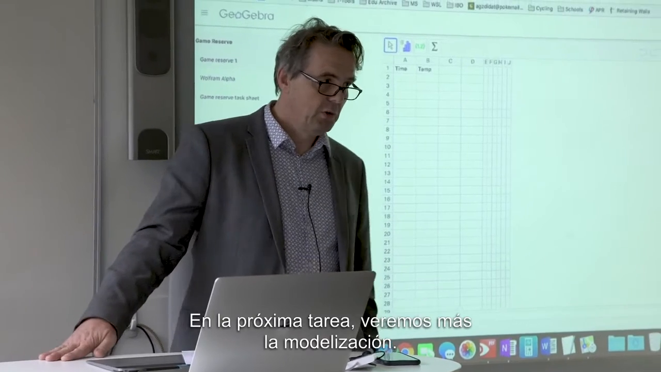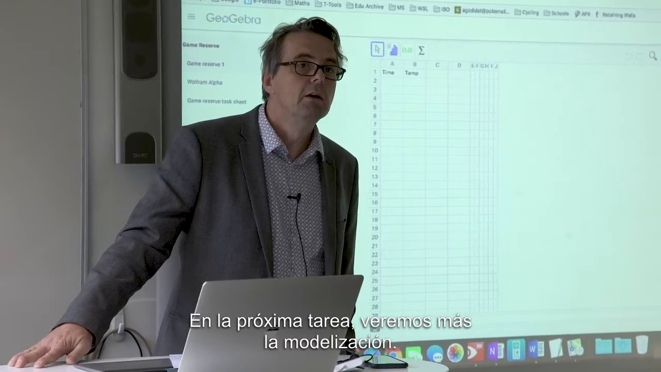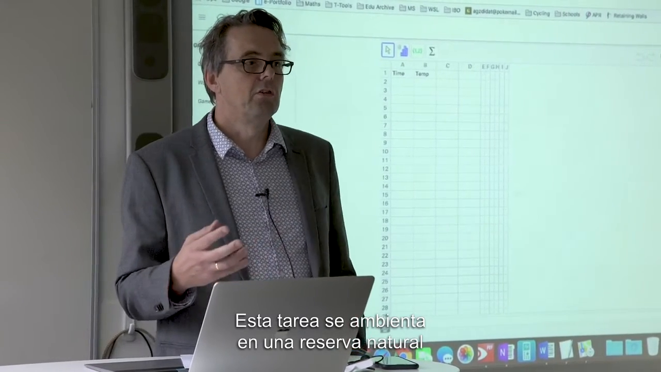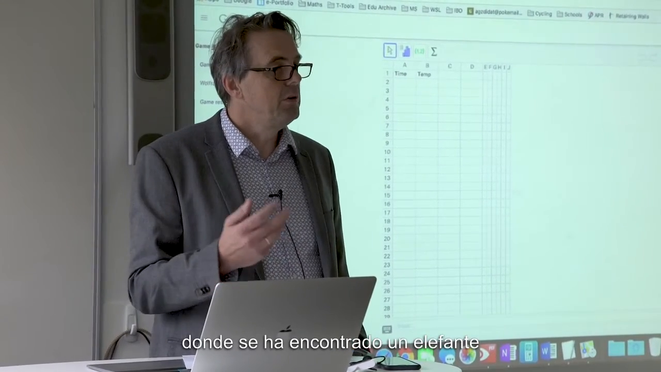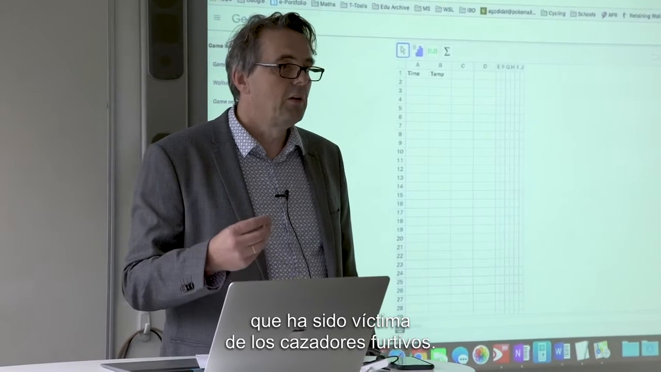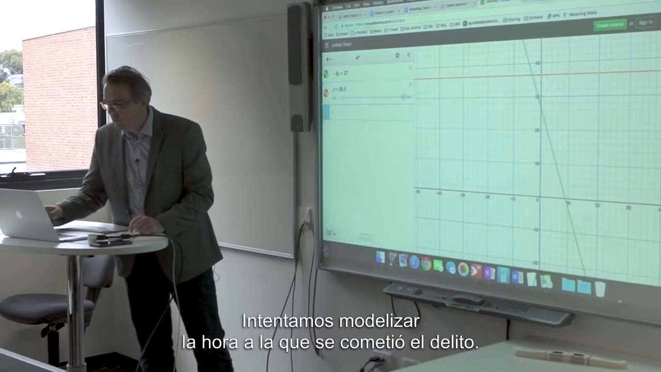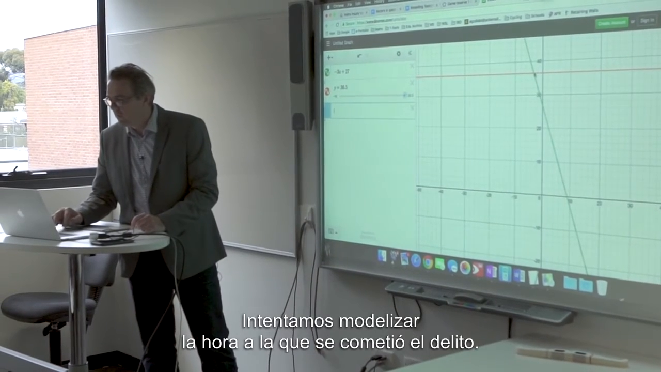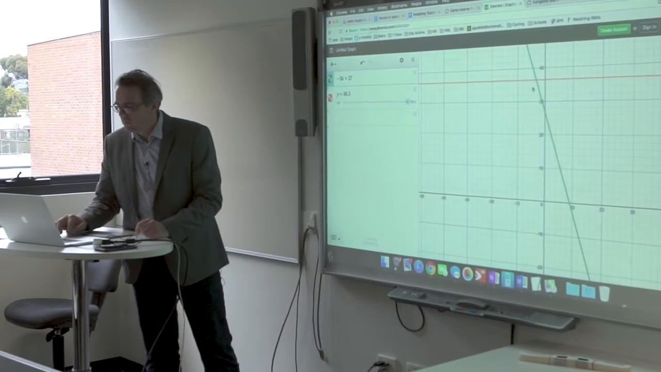So in the next task, we'll look further into modeling. This task is set in the context of a game reserve where an elephant has been found, and that elephant has been the victim of poachers. And we're trying to model our way to the time that the crime was committed. That point,